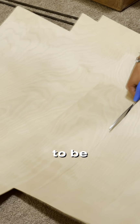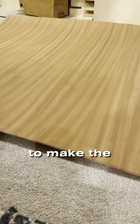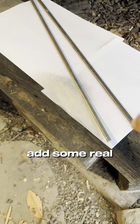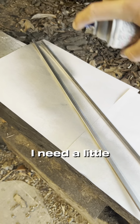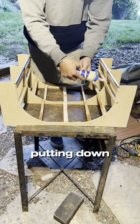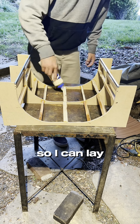First I'm going to take some measurements so I can determine how big the veneer needs to be that I'm going to lay down to make the transition of the ramp. I'm going to do 2 cross-cut layers, as well as add some real metal coping. But first I need a little shine with some silver spray paint. Then I prep the ramp by putting down a whole bunch of wood glue, so I could lay down the